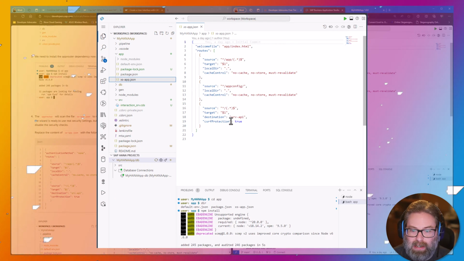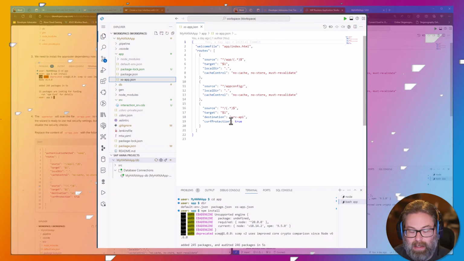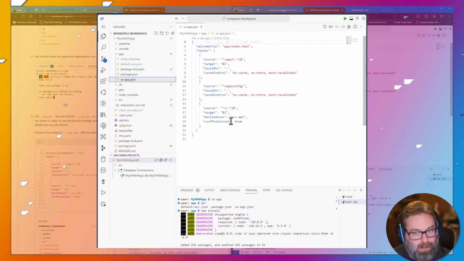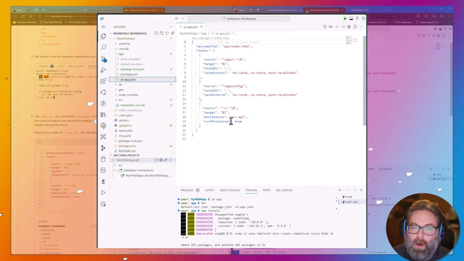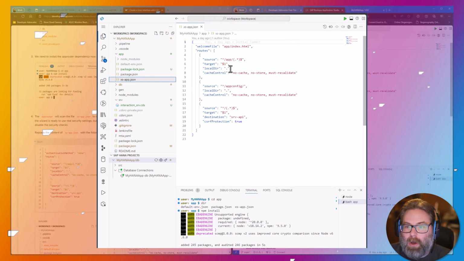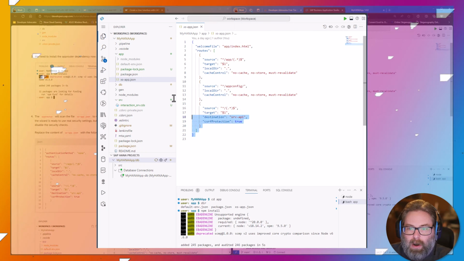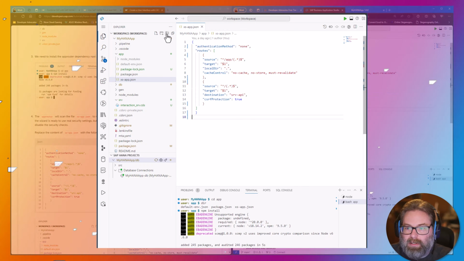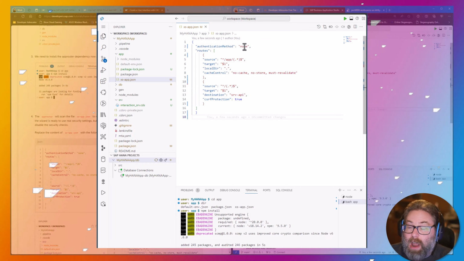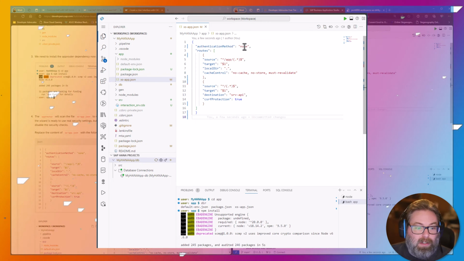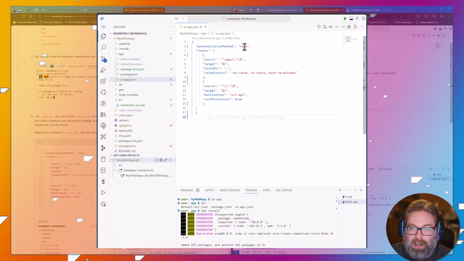So just like we did with the package JSON and the CAP configuration to turn off some of those security settings, we're going to do the same thing here temporarily. We're going to change this configuration file so it will disable the security checks. I'm just going to bring in a whole new version of this file, but I'll point out the major differences: we're telling it authentication method none, taking that away from the default of requiring authentication.